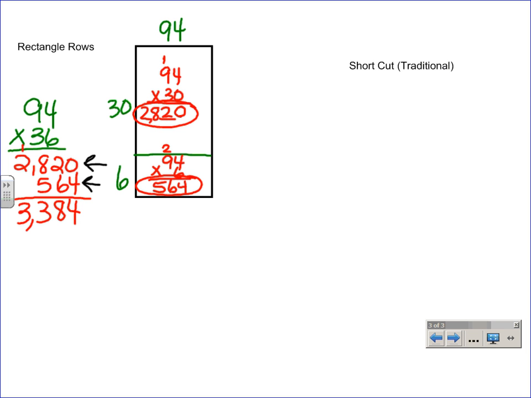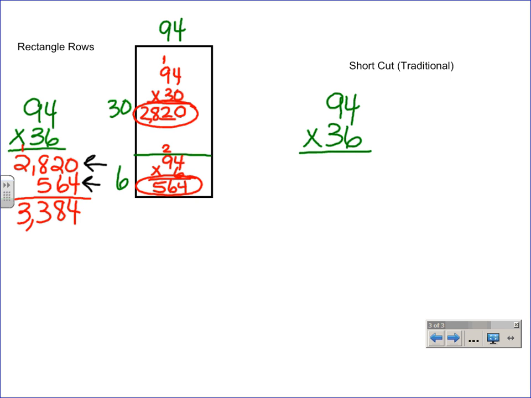So one thing that we'll be working on is moving to this portion with rectangle rows. From rectangle rows, what we'll also practice tomorrow and review is the way that probably your parents, when you talk to your parents about multiplication, the way and only way that they were ever taught how to do it. And that way is the shortcut method. In the shortcut method, we're still focusing on place value, and we should understand what's happening, but we're combining it all in one step so we don't have these separate extra steps happening on the side. So we're going to take 94